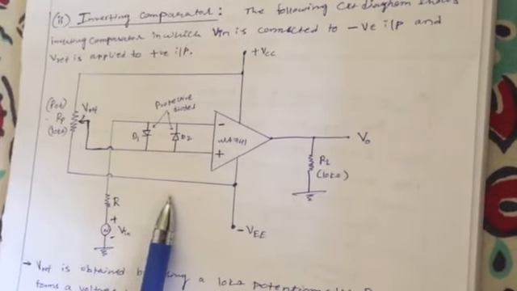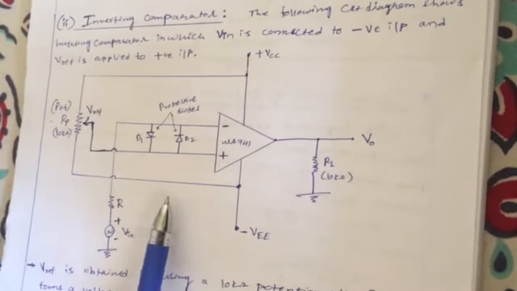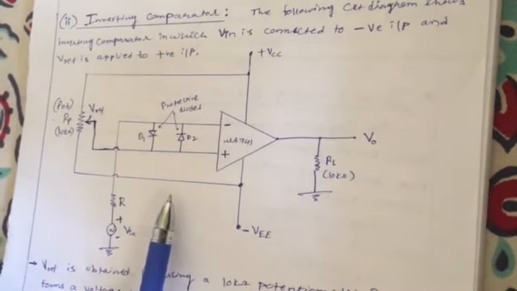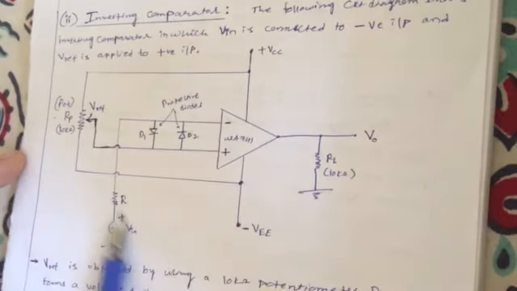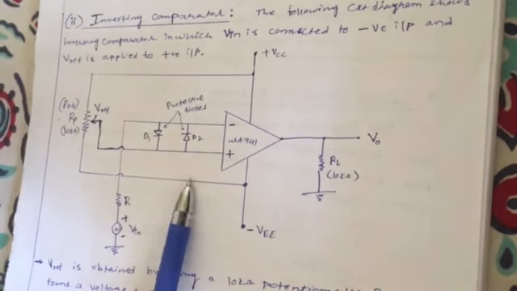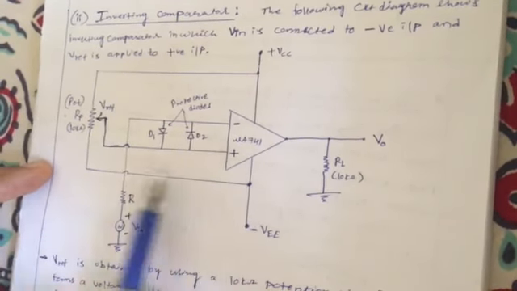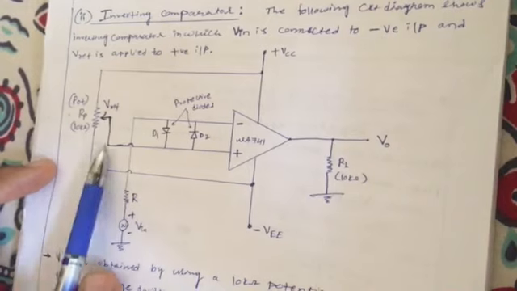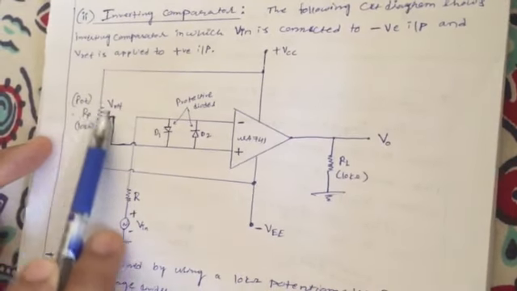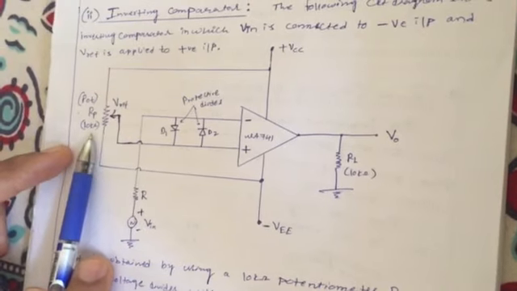In the previous case, in the non-inverting comparator, we had to connect plus V reference and minus V reference separately. But this is the circuit which gives the V reference either for the positive case or for the negative case. To get both the positive and negative V reference in the same circuit, I am taking a pot here. Pot means potentiometer, called RP, approximately 10 kilo ohm. You know what is a pot?